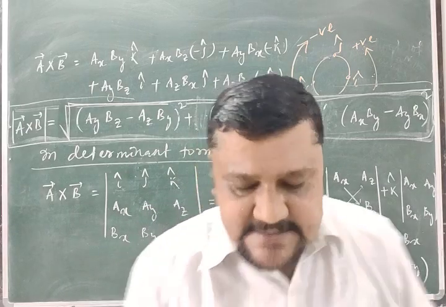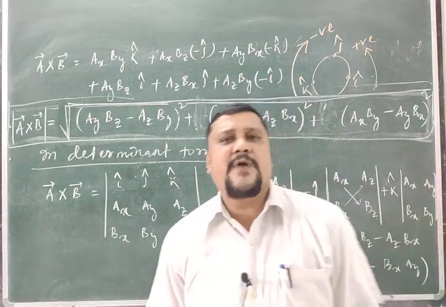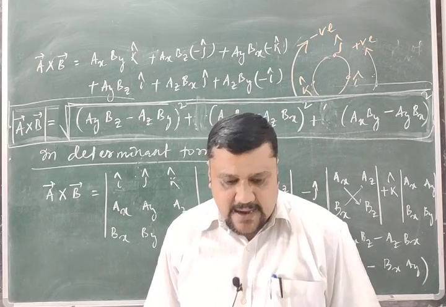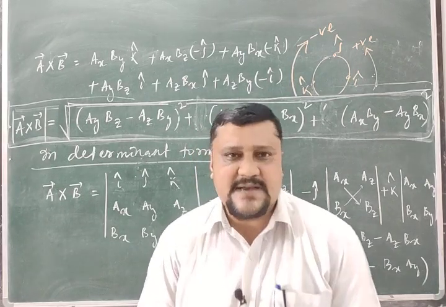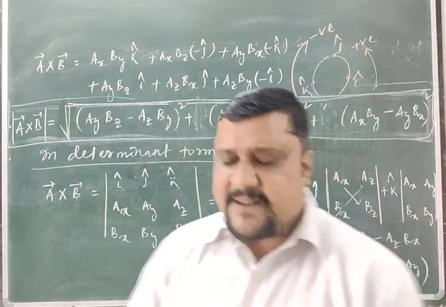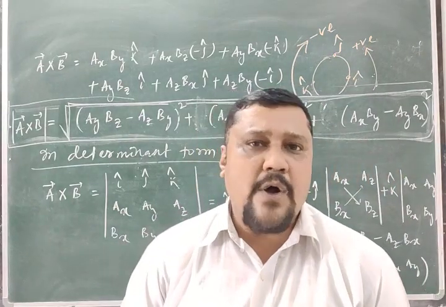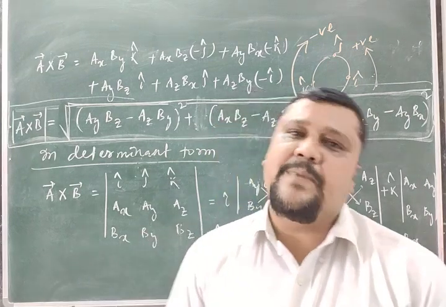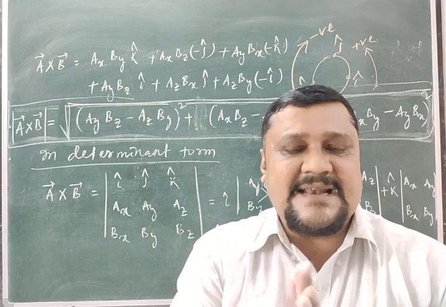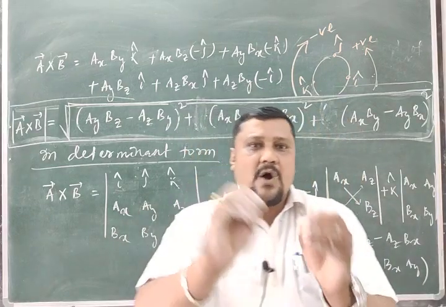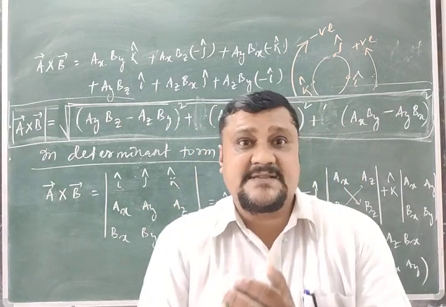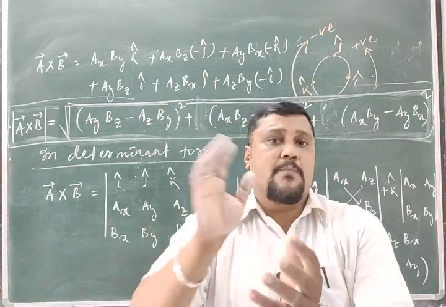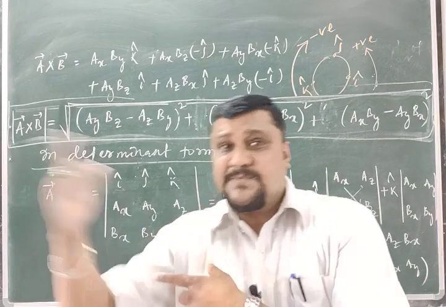Okay, students, we discussed the cross product and some of its properties. Try to memorize all these things and understand them. The most important thing is a cross b is not equal to b cross a, but a dot b is equal to b dot a. That is the basic difference. While putting the dot and cross symbols, you should be more cautious with the cross symbol, because